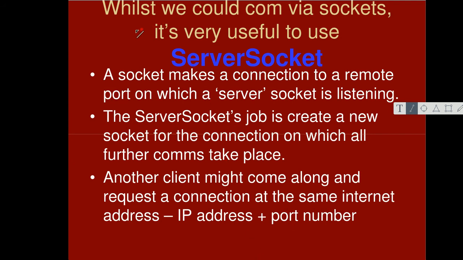Okay. Whilst we could communicate via sockets alone, it's actually very useful to use a new class that I want to introduce you to called ServerSocket, and that will enable the socket to make a connection to a remote port on which a particular server socket is listening.